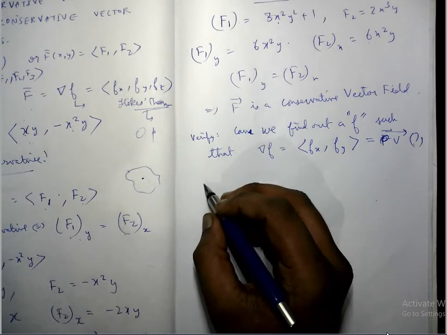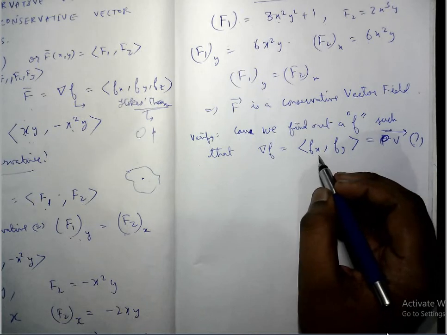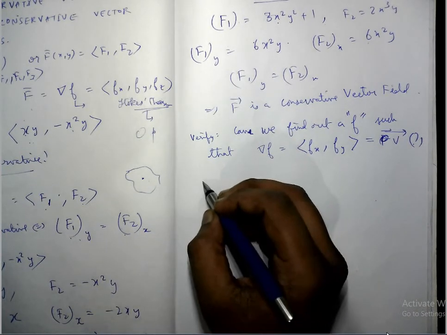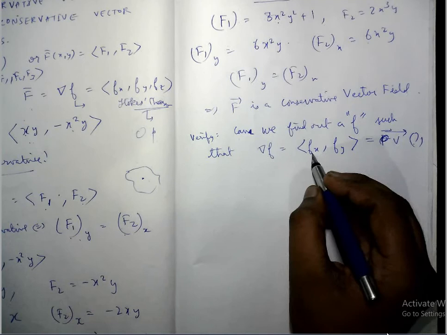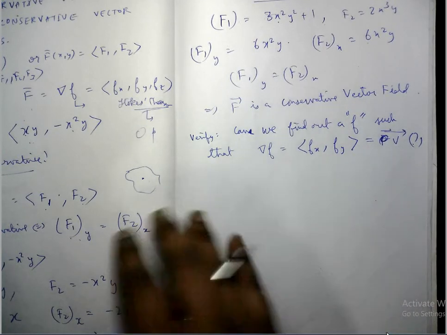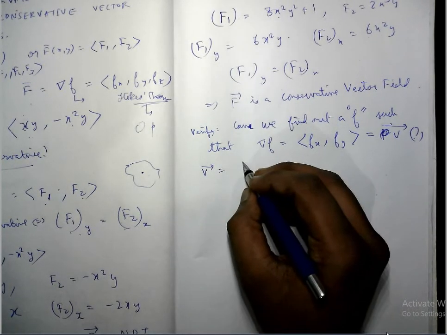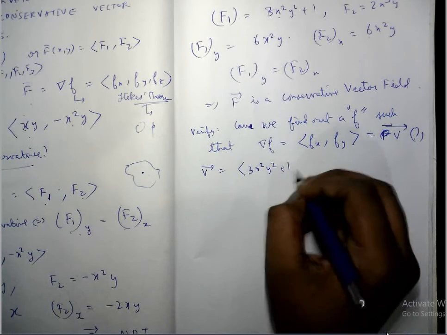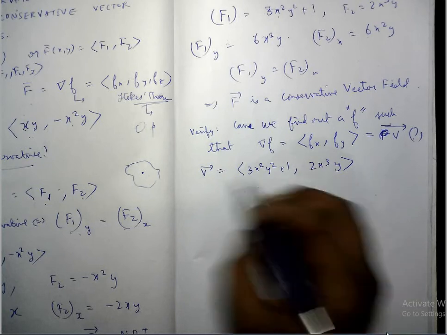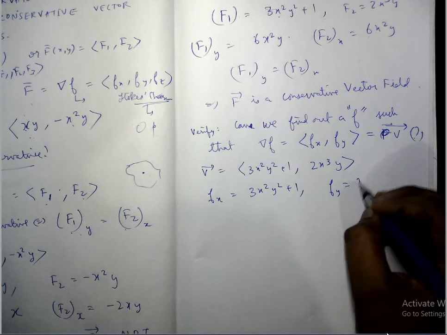We did this calculation earlier also, when we were asked to find a function whose gradient is equal to a certain function that we were given. If you remember that calculation, we just integrate first with respect to x, and then we add a constant that is dependent on y, and then match the constants. So I'll show you this technique once again. Let's say v is equal to (3x²y² + 1, 2x³y), and if indeed there were such a function f that satisfies fx is equal to 3x²y² + 1 and fy is equal to 2x³y, then